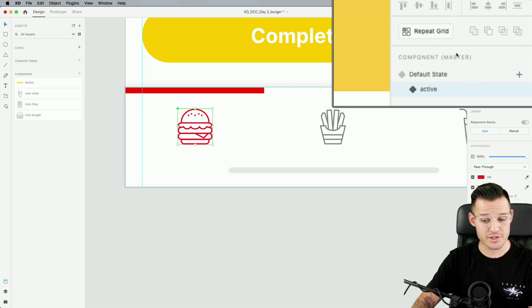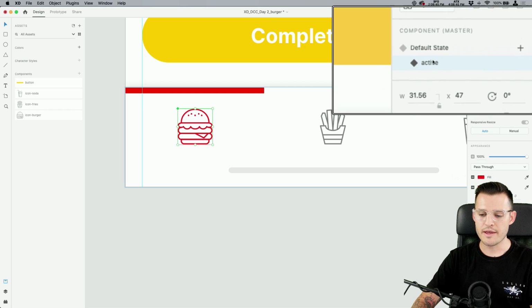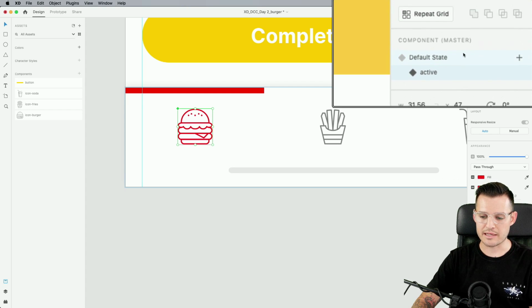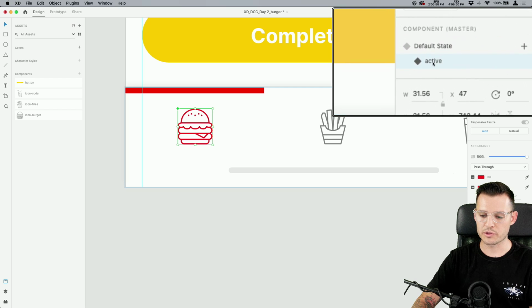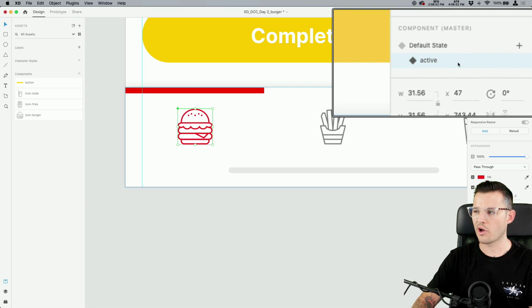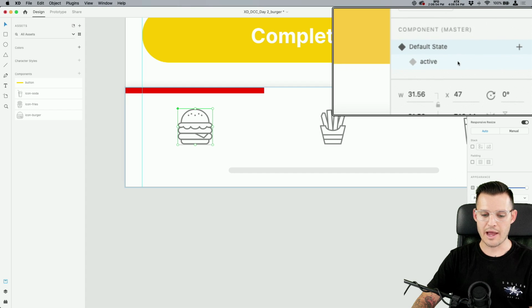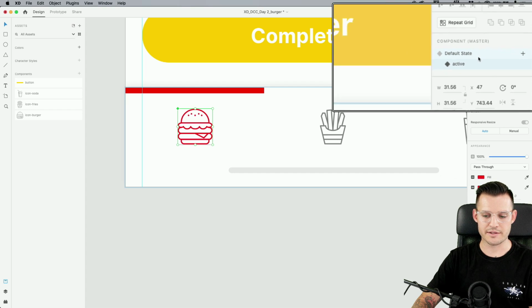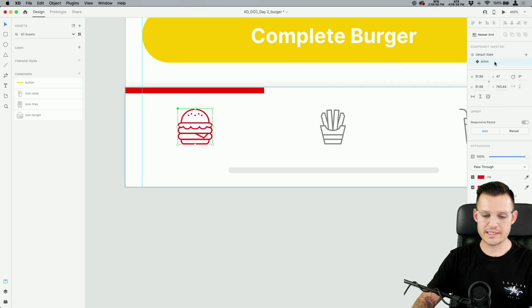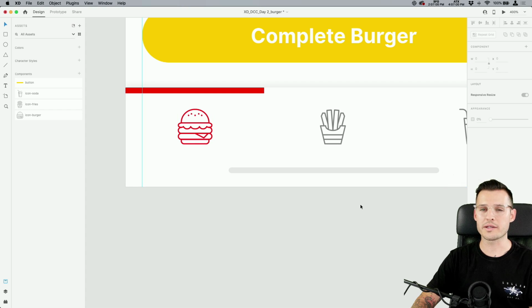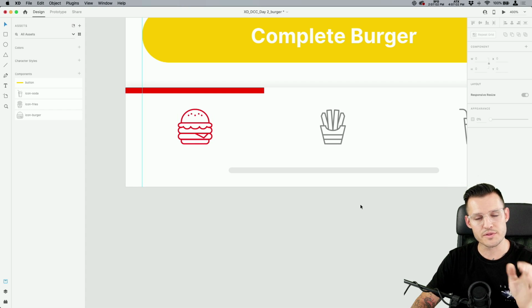It's the master component, not an instance of it, but it also has an active state. All right, and with our little blue zebra striping there, it's currently on the active state. If I click it back, now I go to the gray state, back to the active state. See how we're doing that there? So we get to choose which state we want. I've set up an active and a default, or inactive, state for all 3 of these icons.